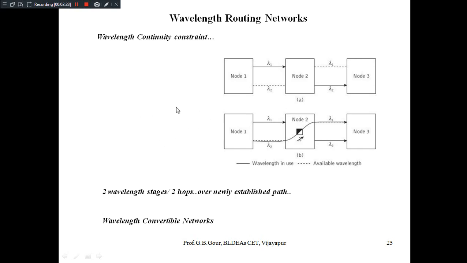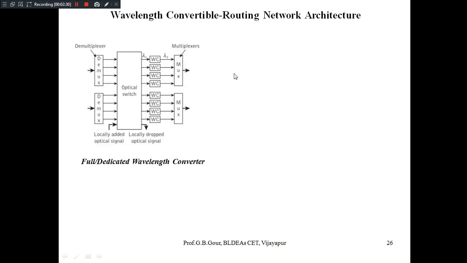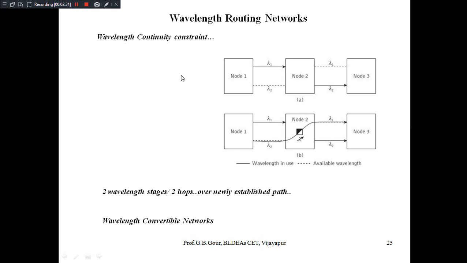For example, if you look at this one, there are three nodes: node 1, node 2, and node 3. There is a dedicated path for the wavelength lambda 1 from node 1 to node 2, and another dedicated path from node 2 to node 3.